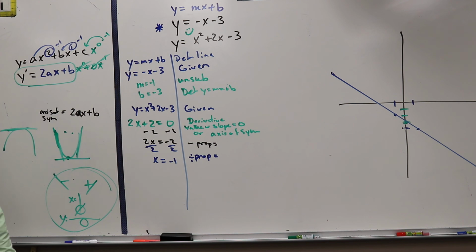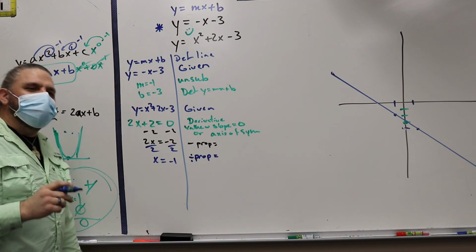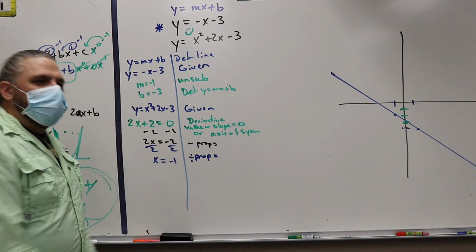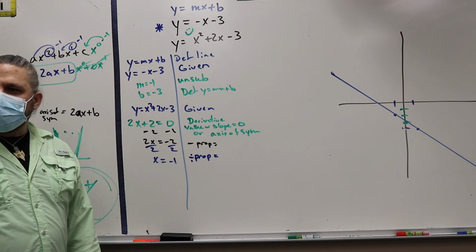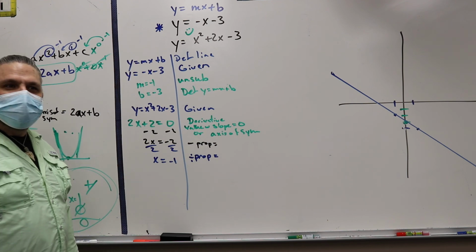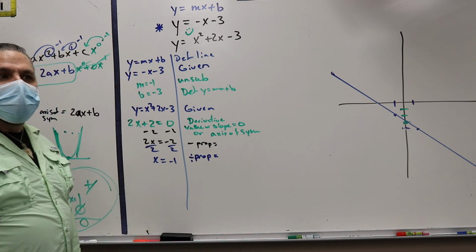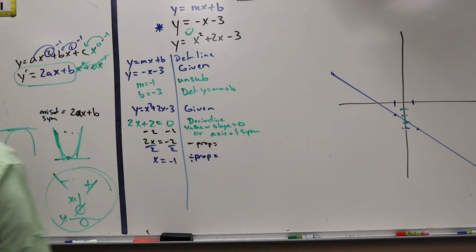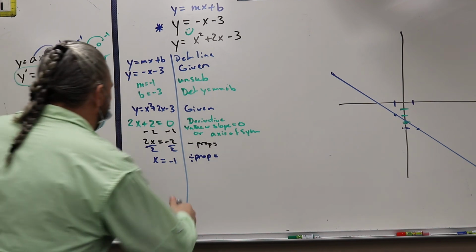I know you think it's a lot of extra work, but the coolest part about doing it this way is there's no teacher that can tell you that you didn't show your work good enough. Never. If you do it right. Okay? All right, next. So I know at negative 1,